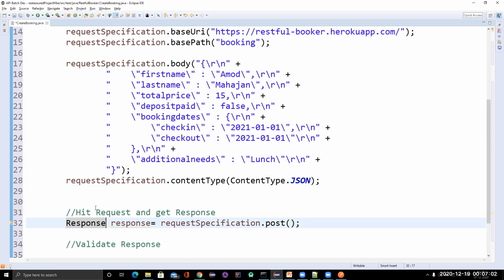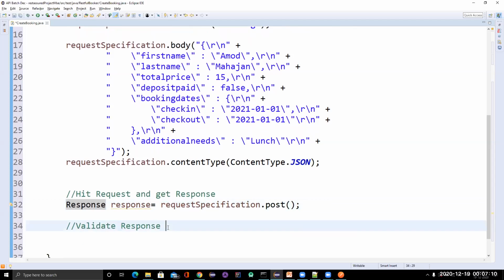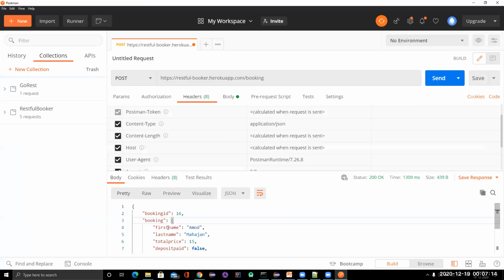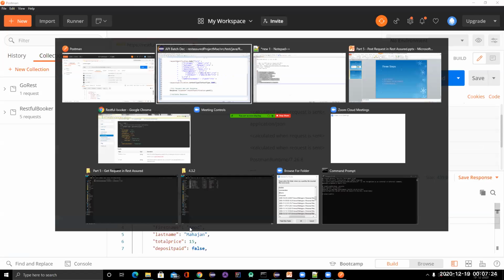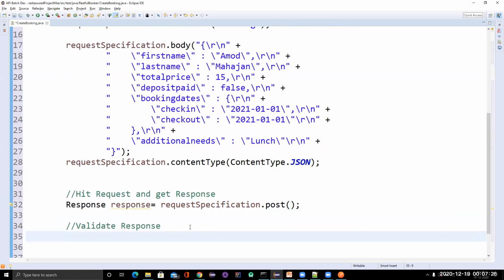So we are done with the second step, that is, hit the request and get the response. Now we need to validate the response. Like we can see manually in Postman, when you hit the request, we got 200 and we got something like the booking ID and the details. So we validate manually, right? How can we do it in Rest Assured? For that, what you need to do